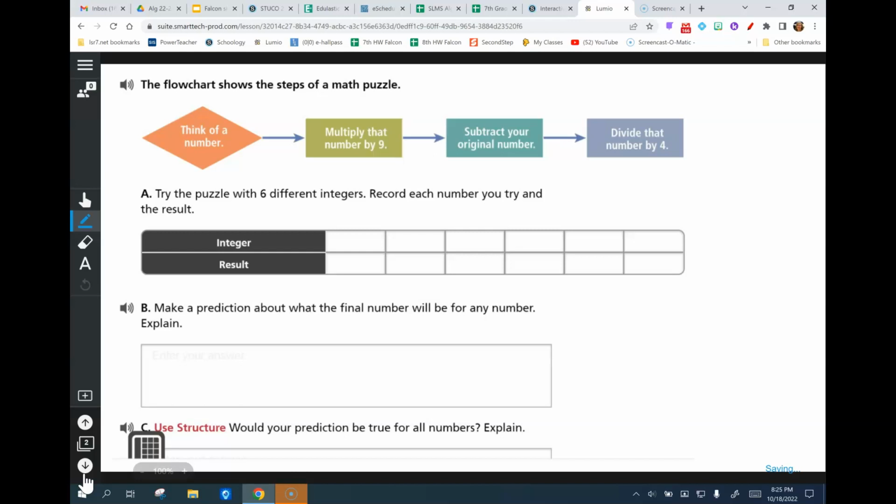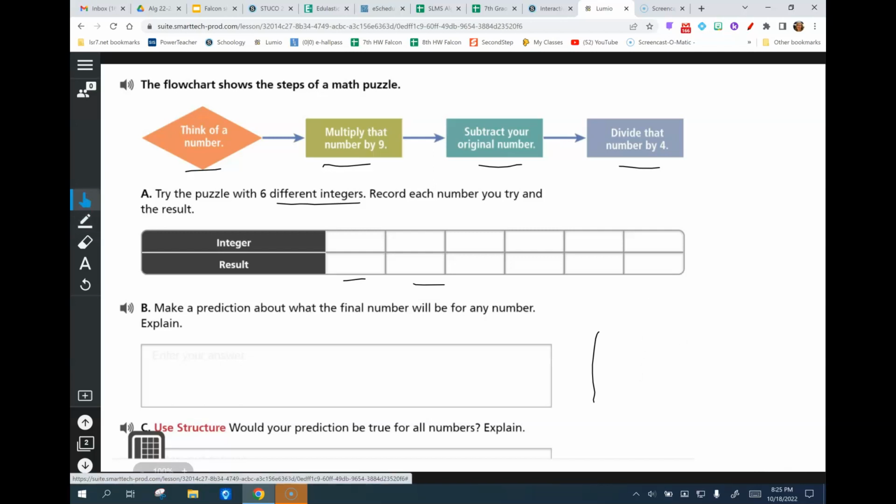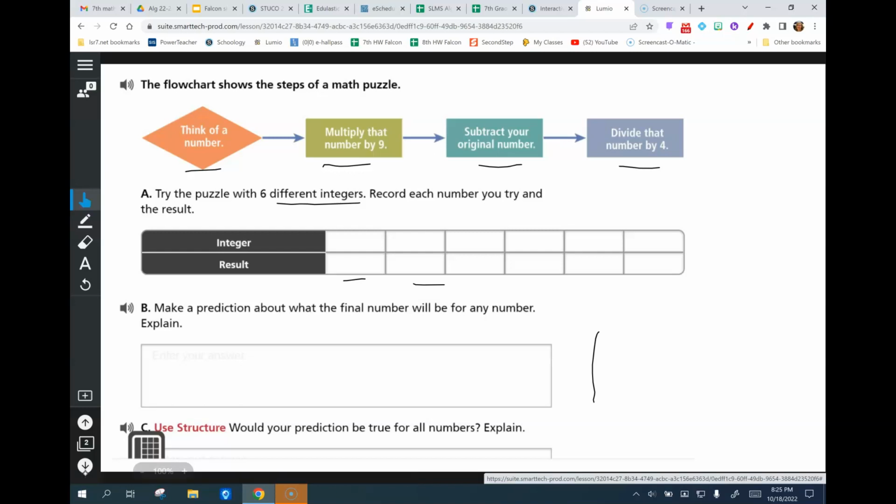So the first thing you're going to be doing is you're going to just go through this flowchart. Pick any numbers. Try the puzzle with 6 different integers, any kind, and just record your answers here in the table, okay? Then make a prediction about what the final number will be for any of the numbers. Explain. And would your prediction be true for all numbers? So just think about that, and I'll let you do that. It's kind of an interesting thing, and I just want you to think through it, so I'm not going to do it for you. Okay? So